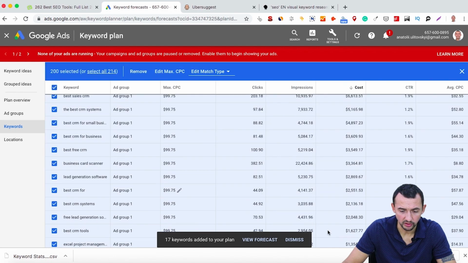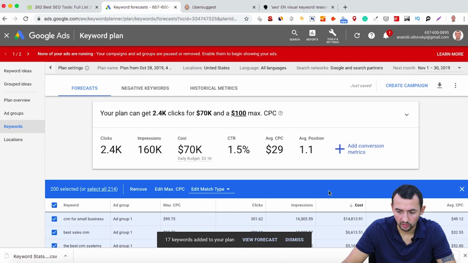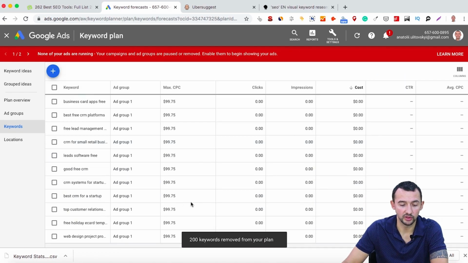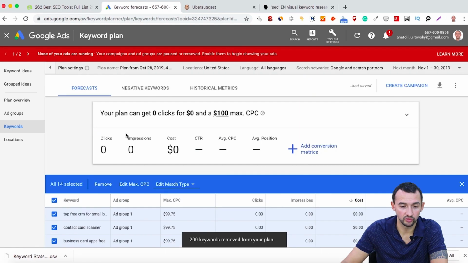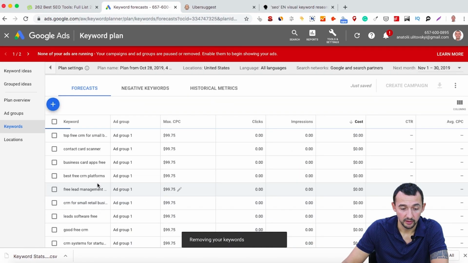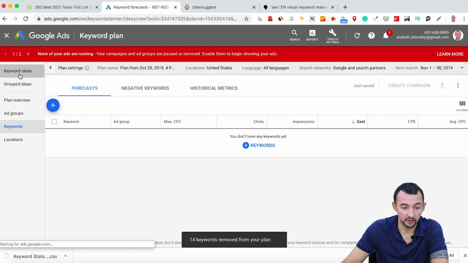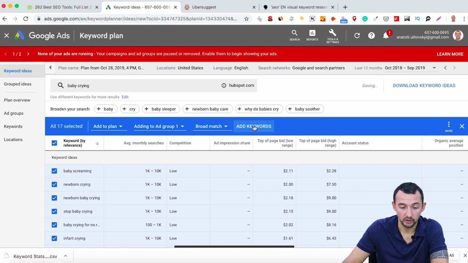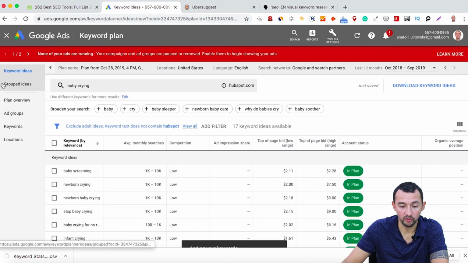Just give me a few seconds. I need to delete all of them, remove them. You can see that I need to remove one more time, and add these keywords one more time to plan overview.